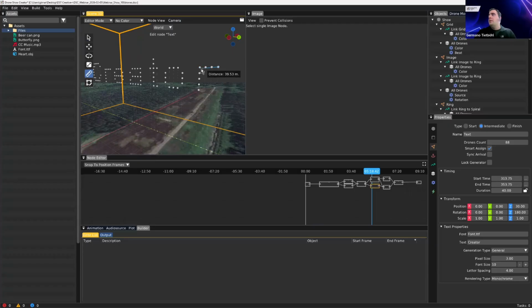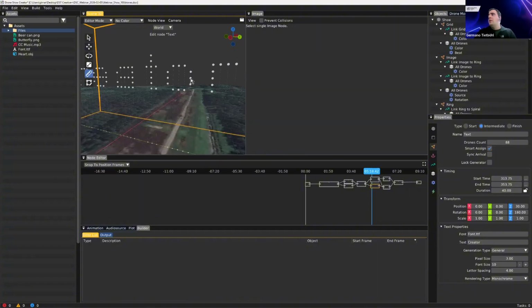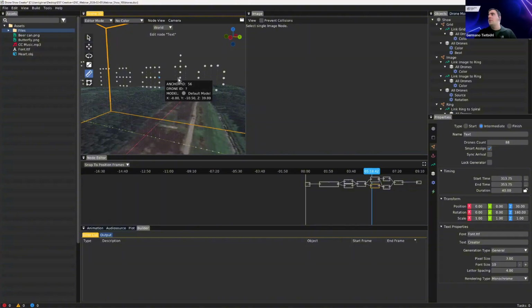Let's look at the R. 9 meters. Pixel size, what can we get? So, okay. Between two letters, I have 3 meters. Between two drones in the same letter, it's constant as long as it's, of course, horizontal or vertical. Here is, of course, the distance. Now let's see between letters, between the end of one and the beginning of the other, 10 meters. Where do we have 10? Font size is 10, but I don't think that will be the case because the T here,